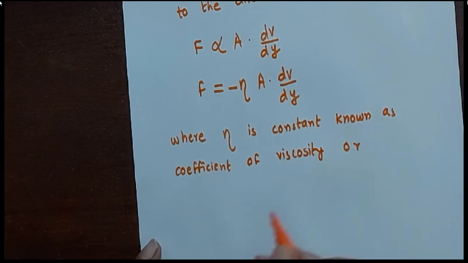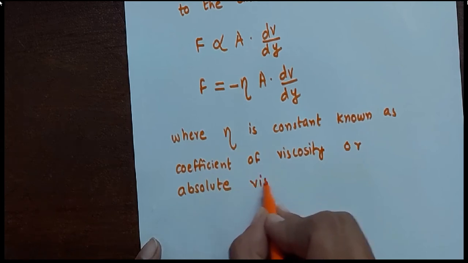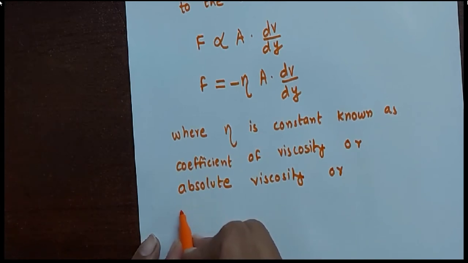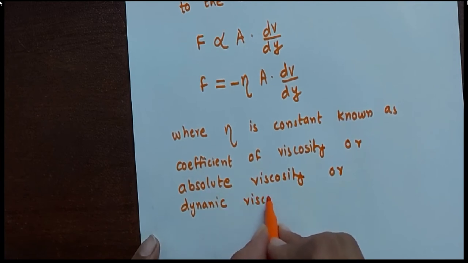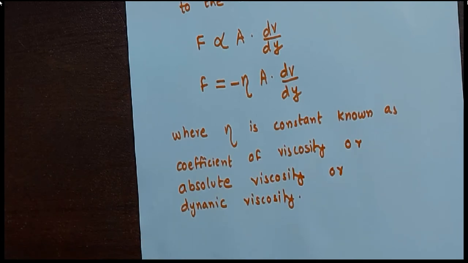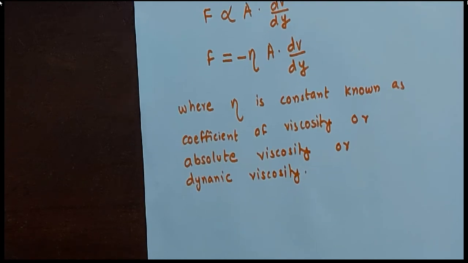or another name for this is absolute viscosity, or another name for again this is dynamic viscosity. The three names are given for the same term eta. Eta here refers to coefficient of viscosity. Another name for coefficient of viscosity is absolute viscosity, or one more name is there, that is the dynamic viscosity. So in the exam they can ask any of these terms, so be familiar with these terms and what this